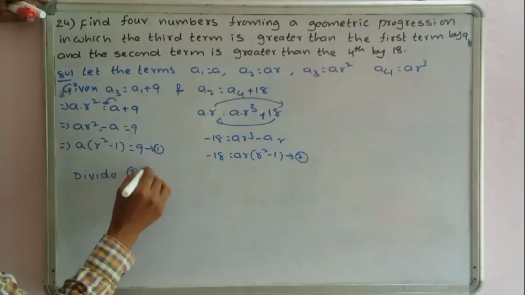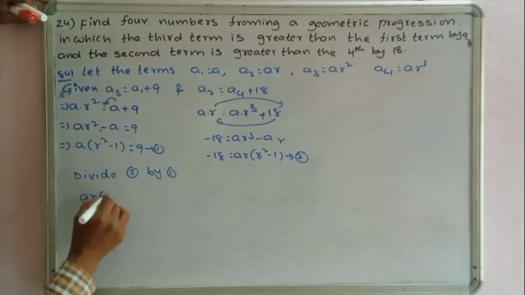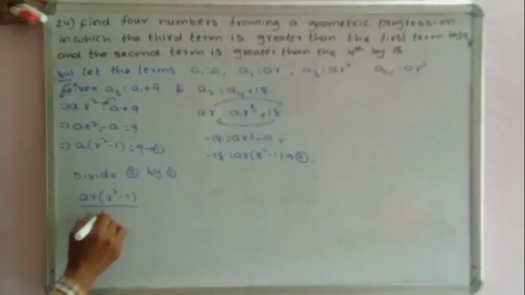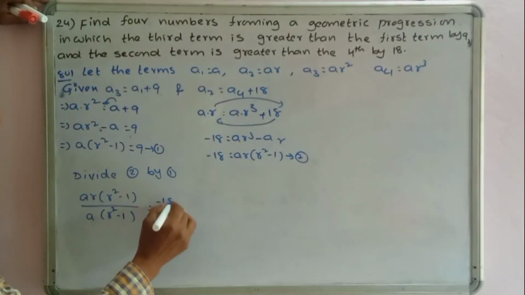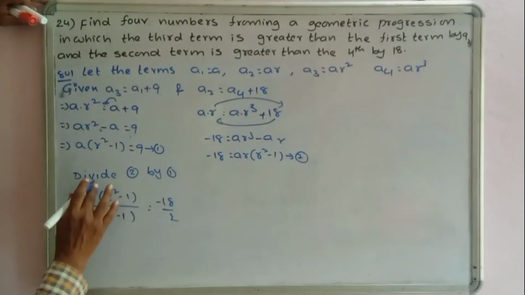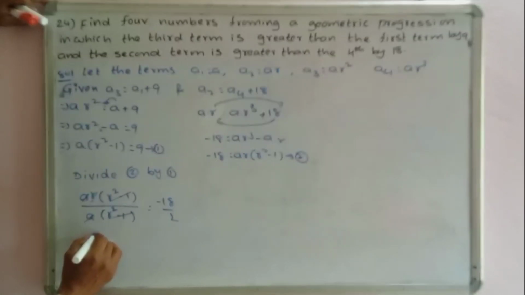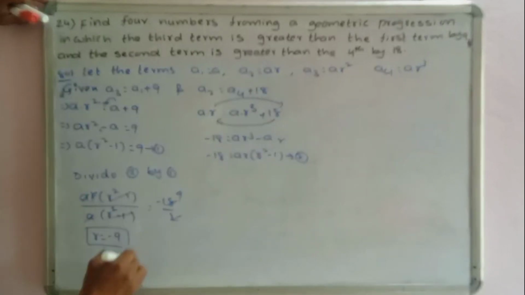Divide 2 by 1. What is 2? ar times r square minus 1 by 1 means what? A times r square minus 1 equals minus 18 by 2. So a gets cancelled, r square minus 1 gets cancelled. So r equals 2 9 times minus 9. Okay, now